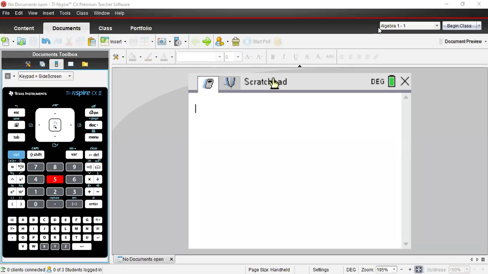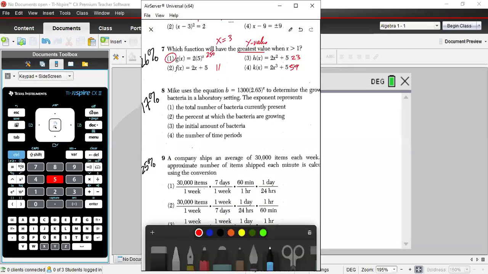All right, guys. This is Mr. H. I am looking at question number 8. It's an exponential function. It's a growing exponential. But they say B is equal to 1300 parentheses 2.65 to the x power. So